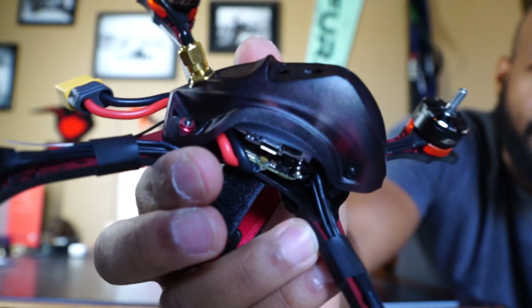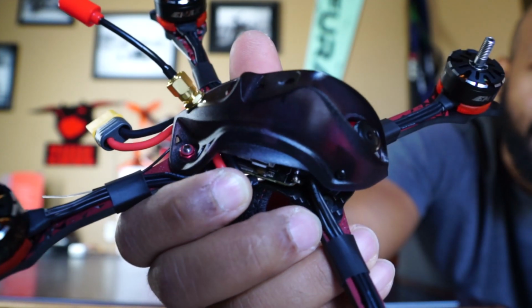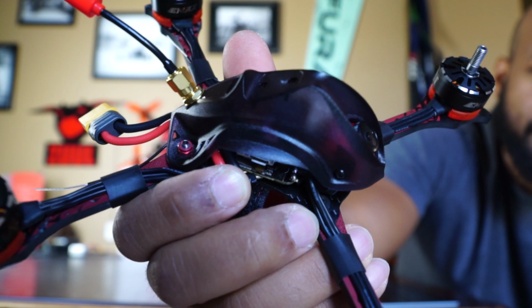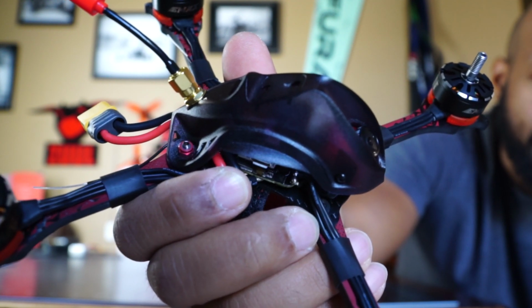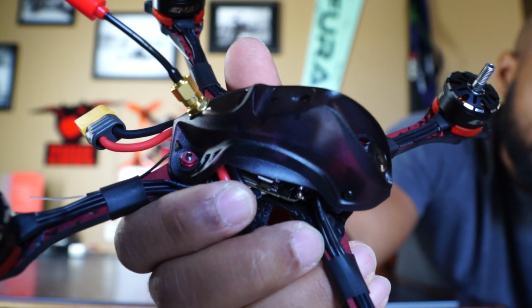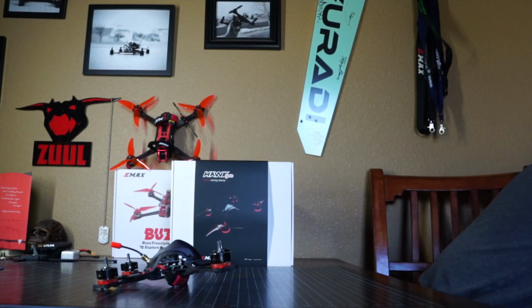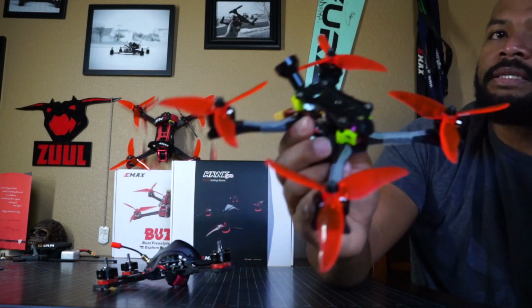And full disclosure, I haven't really flown this yet. I've only done some test hovering out front of my house, just to make sure it's set up, because I'm going to take it out to the field today and do a side-by-side comparison. So my current quad is